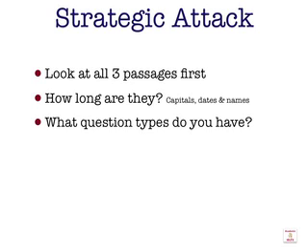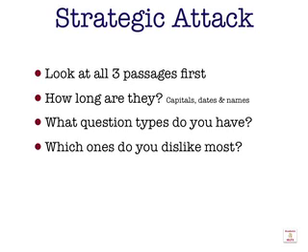Then you look at each paper, and by the time you've reached passage 3 to look at the length of it, so now you look at the questions on passage 3 and go backwards. What types of questions do you have, and which ones do you dislike most? I think I initially wrote, which ones do you like? And then I was thinking, well, there's probably not that many that they genuinely like, but hopefully that could be the case. Are there questions out there that you like? Anyway, I'd settled here with which you dislike most, and therefore you grade each of the passages based on the